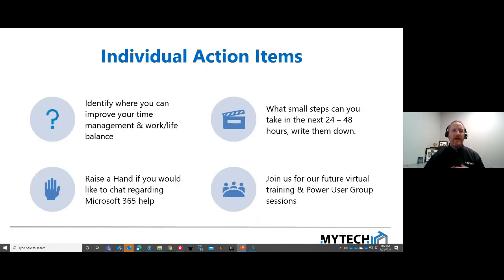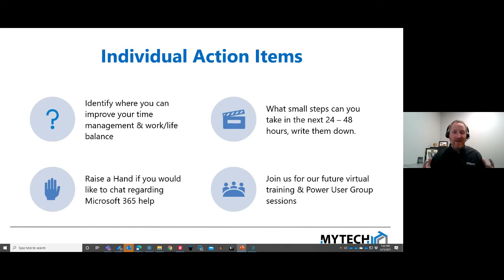As individuals, look, identify where you can improve your time management or work-life balance. There are opportunities here. There's insight. There's got to be at least one thing that will come out of these insights if you just pay attention to them, even if it's just on a weekly basis when those emails come out, that can help you improve your time management, work-life balance, and productivity. I would encourage you to ask what are some of the small steps you can take within the next 24 to 48 hours.